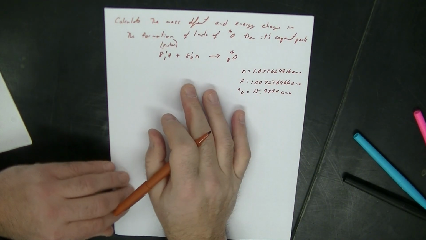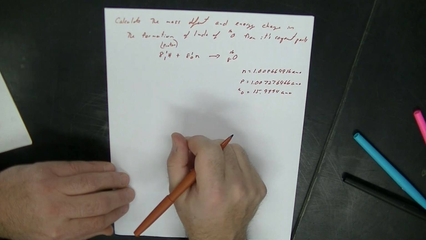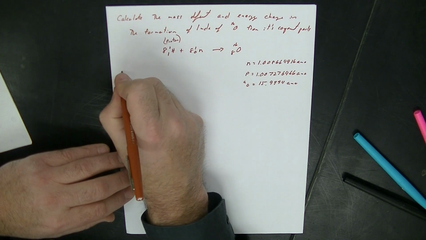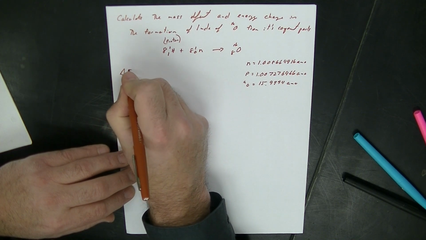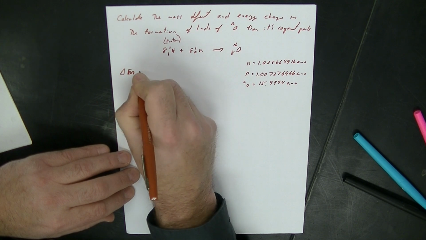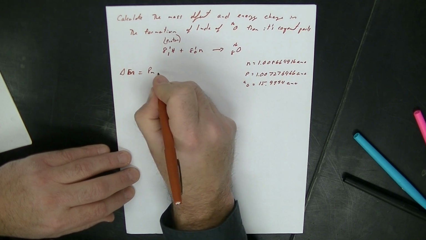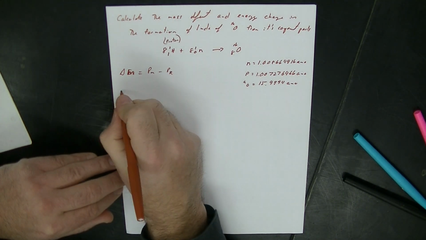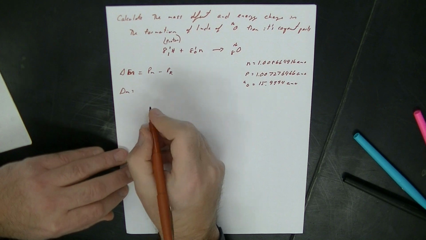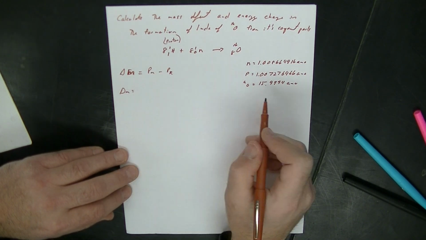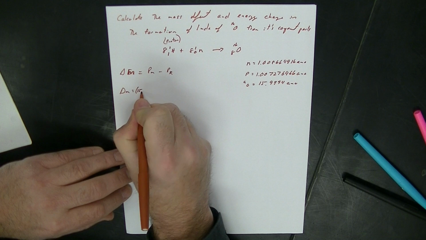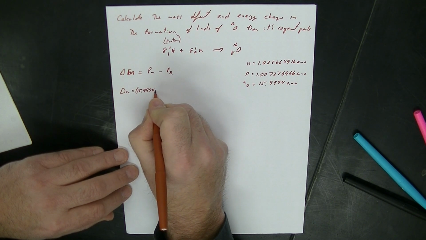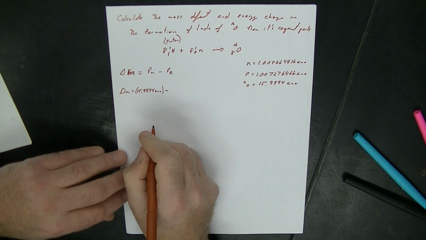Now we can just do our change in mass, not change in energy. Our change in mass is equal to the mass of our products minus the mass of our reactants. So our delta M is equal to our product, which is our oxygen, 15.9994 AMU, minus